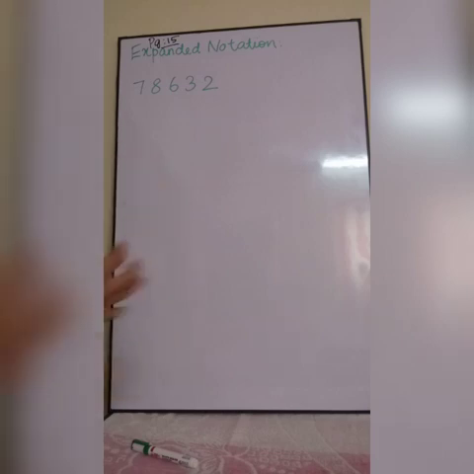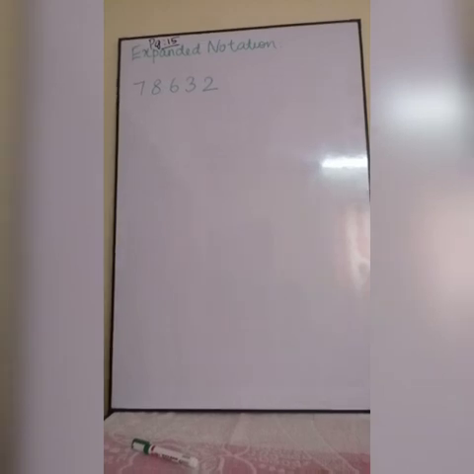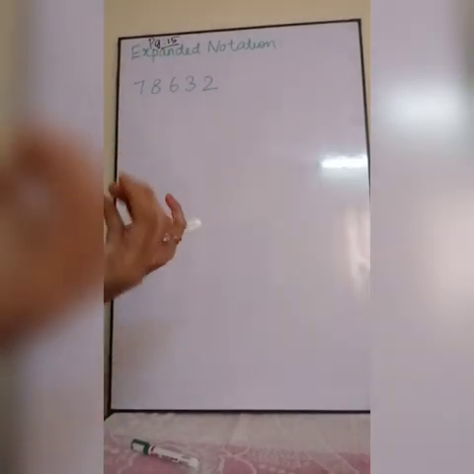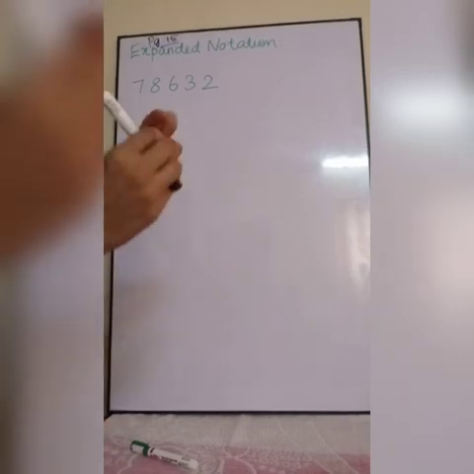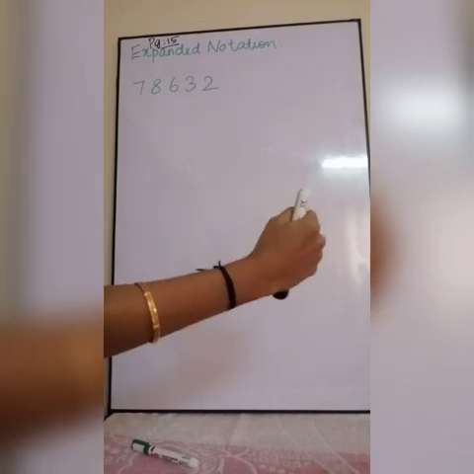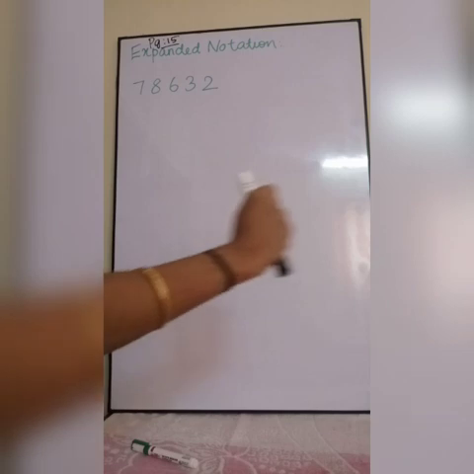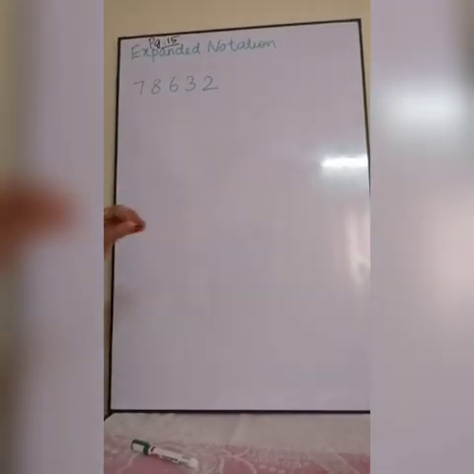Okay, this is one new concept which is called expanded notation, or you can say expanded form. They will give you a number and we have to expand that number, which means you have to split that number. That is our concept. Expanded means what? If there is one rubber band in your hand, it will be only this much size. What you will do, you will expand or enlarge it like that. The same way you have a number. That number you have to expand. That is our concept.